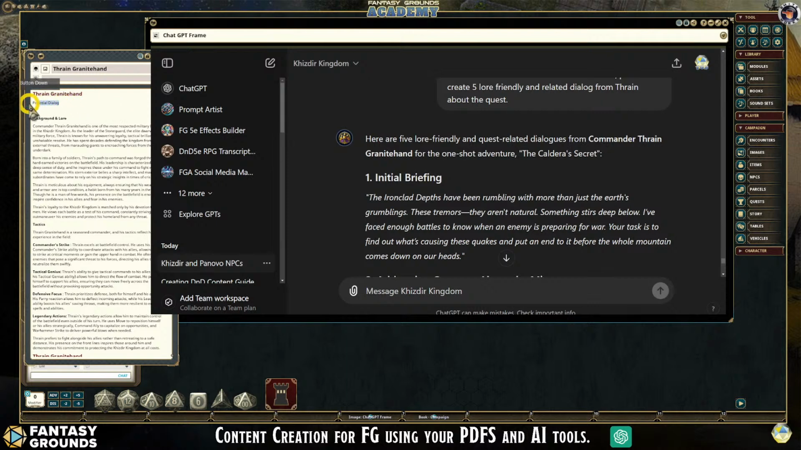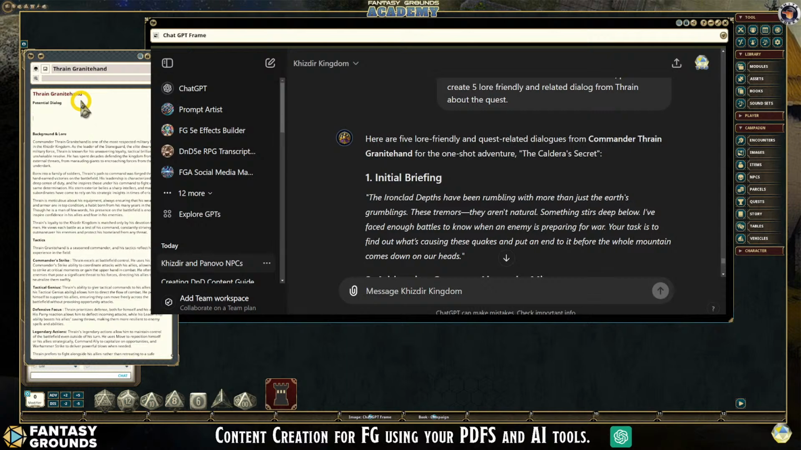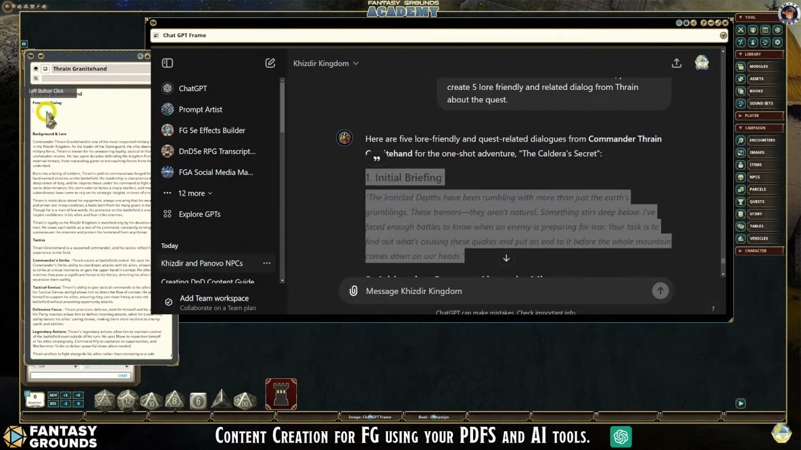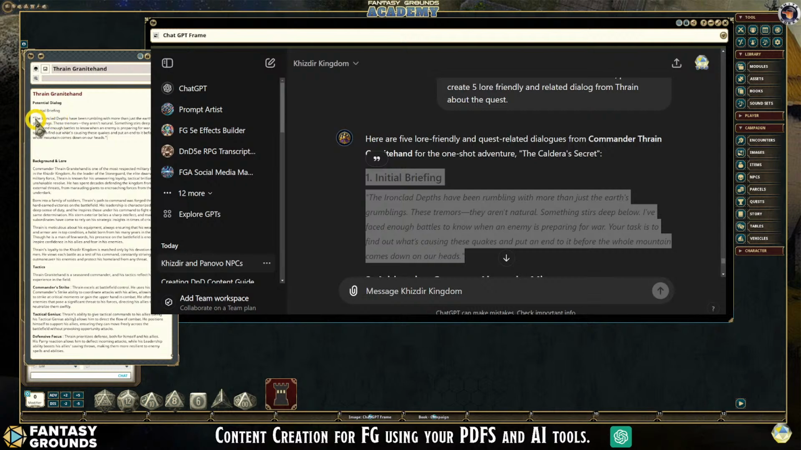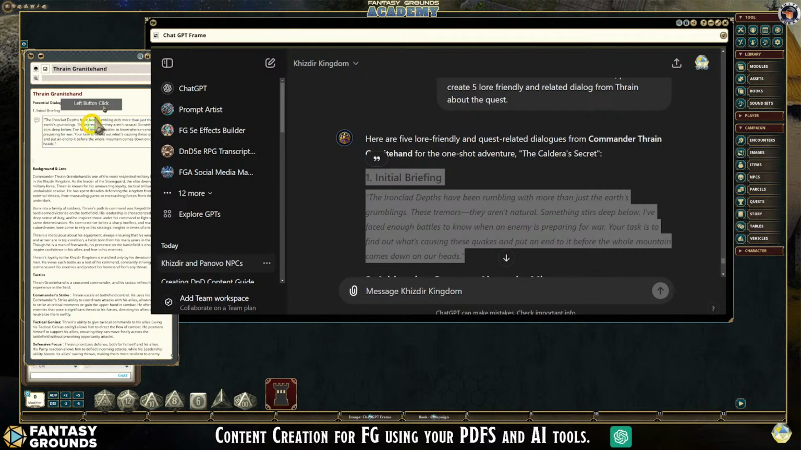And you may not use these, but you're going to have them ready to go. So that's why I like using this notes tab. So I might say, okay, so this is the initial briefing. So I might take just this information right here. You don't have to use all 5 of them. You go like that, and then we'll highlight this text, do Control 3, and now you